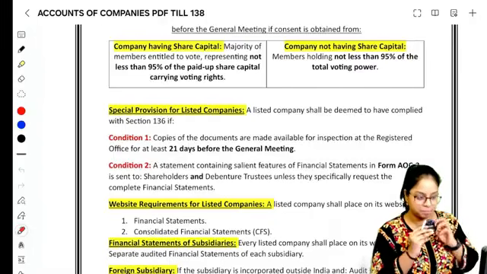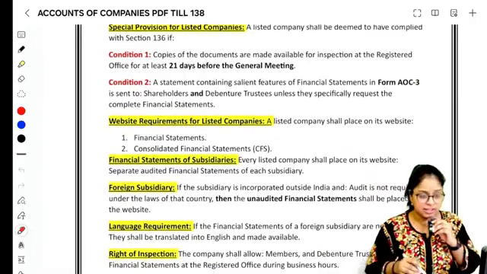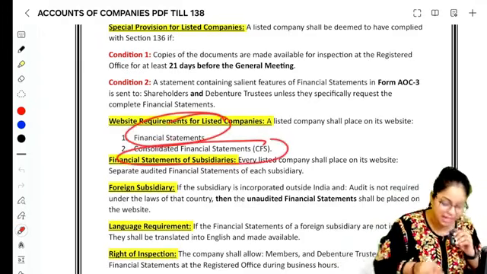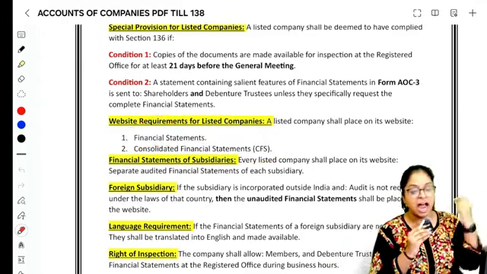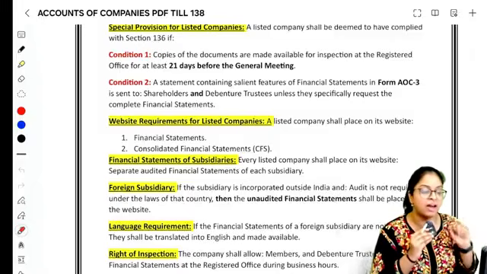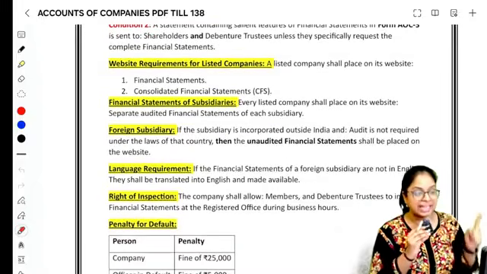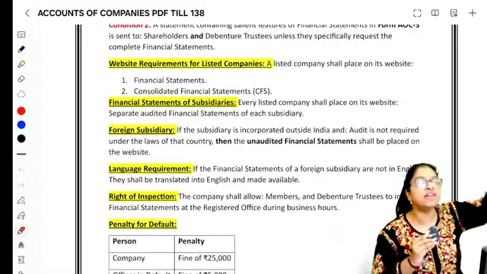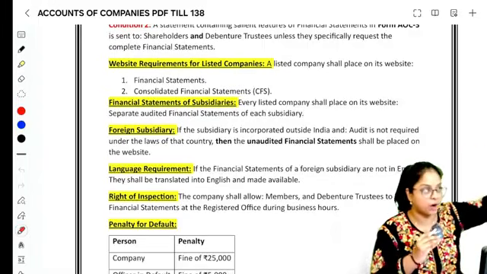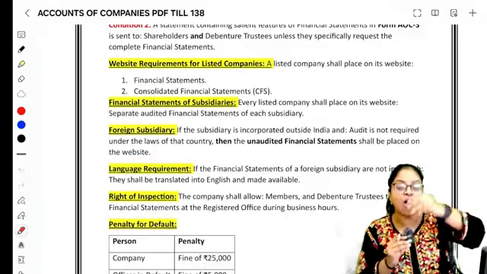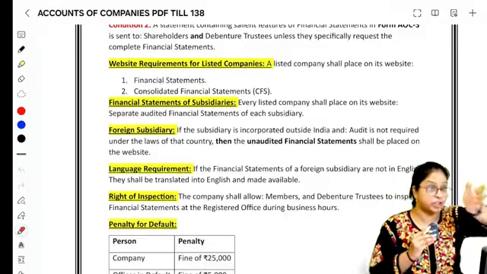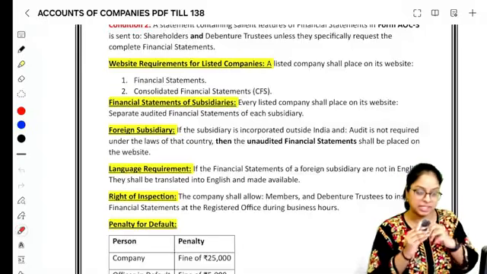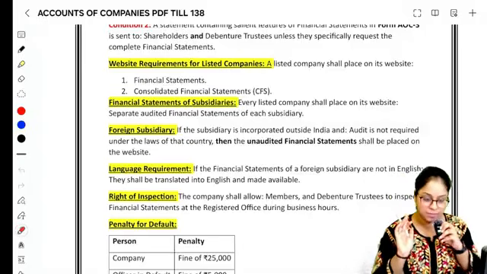AOC 3. அண்ட் இதை தவிர இஃப் யூஆர் லிஸ்டட் கம்பெனி, உங்களோட கம்பெனியோட வெப்சைட்லையும் நீங்கள் உங்களோட ஃபினான்ஷியல் ஸ்டேட்மெண்ட்ஸ் அண்ட் கன்சாலிடேட்டட் ஃபினான்ஷியல் ஸ்டேட்மெண்ட்ஸை அவைலபிளாக இருக்கணும். இட் ஷுட் பி ஆல்சோ பிளேஸ்ட் இன் த வெப்சைட் ஆஃப் த லிஸ்டட் கம்பெனி. அண்ட் இன்கேஸ் உங்களுக்கு சப்சிடரிஸ் இருக்காங்க அப்படின்னா, அந்த சப்சிடரிஸோட இண்டிவிஜுவல் ஆடிட்டட் ஃபினான்ஷியல் ஸ்டேட்மெண்ட், ஒவ்வொரு சப்சிடரி தனித்தனியாக ஆடிட் பண்ணிருப்போம்ல, அந்த ஃபினான்ஷியல் ஸ்டேட்மெண்ட்ஸ் கன்சோலும் போடணும். இதை தவிர செப்பரேட் ஆடிட்டட் ஃபினான்ஷியல் ஸ்டேட்மெண்ட் ஆஃப் ஈச் சப்சிடரி is to be placed in the website of the